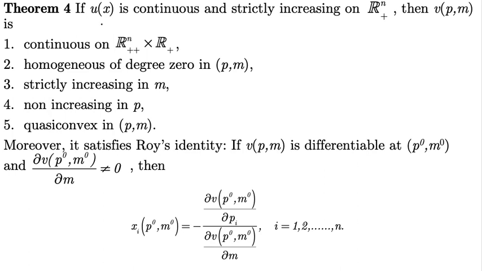It says if the direct utility function, which is u as a function of x here, is continuous and also strictly increasing on the set of non-negative real numbers with n commodities, then the indirect utility function as a function of price and also income is, number one, continuous on this domain. Now you see the first one and the second one here. The second one I don't have to explain to you, and the first one here is actually